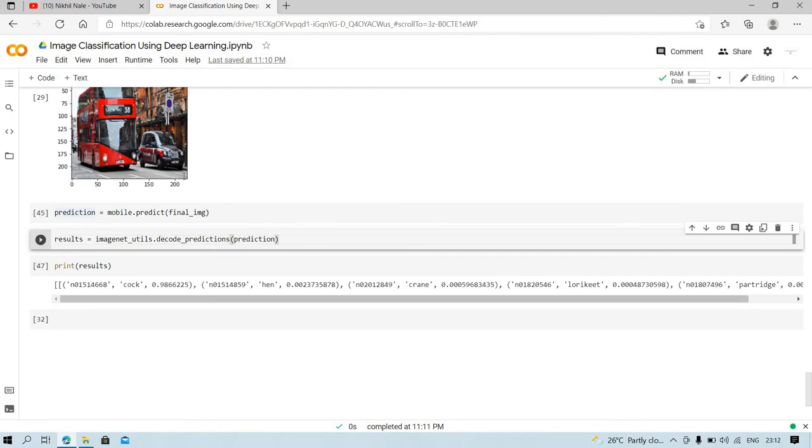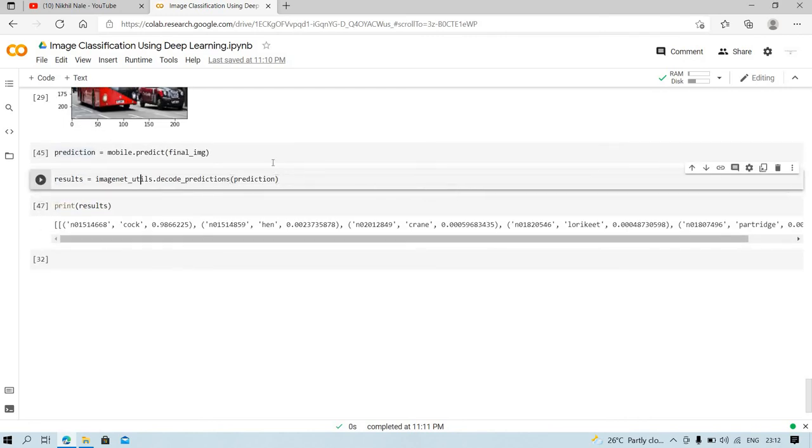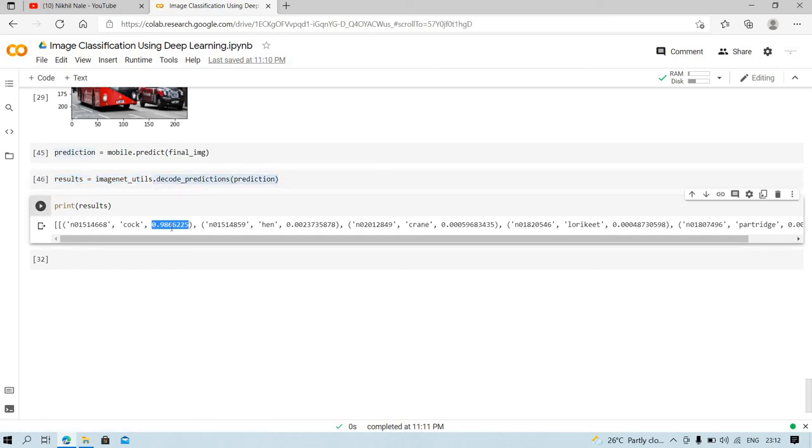You will see, guys, that our MobileNet version 2 model predicts cock with a confidence of 0.98, and hen with a confidence of 0.0023, crane with a confidence of 0.005, and so on, guys.